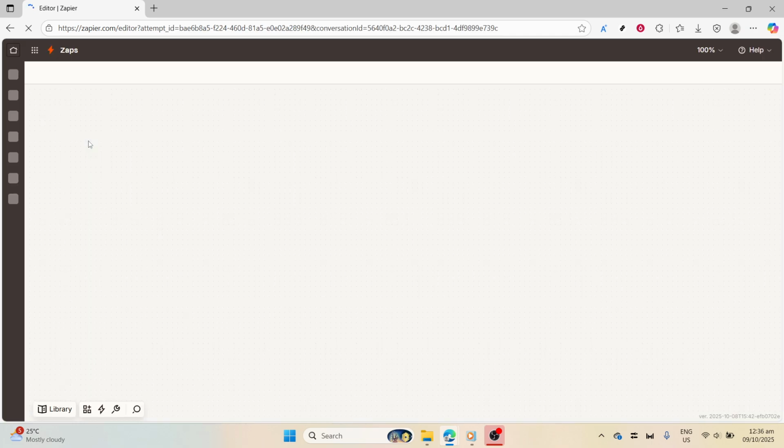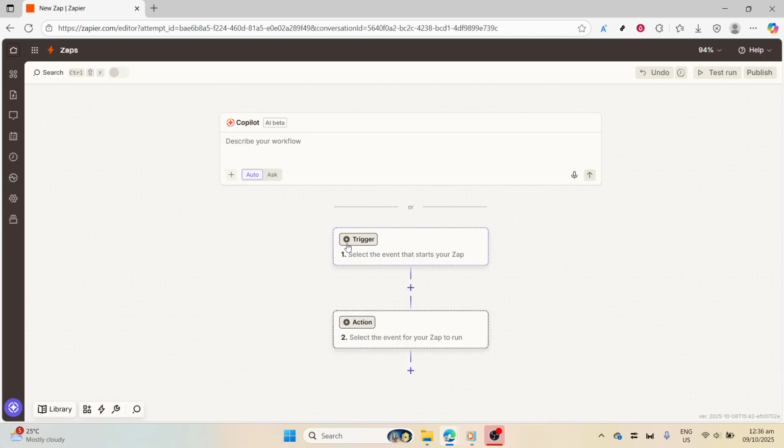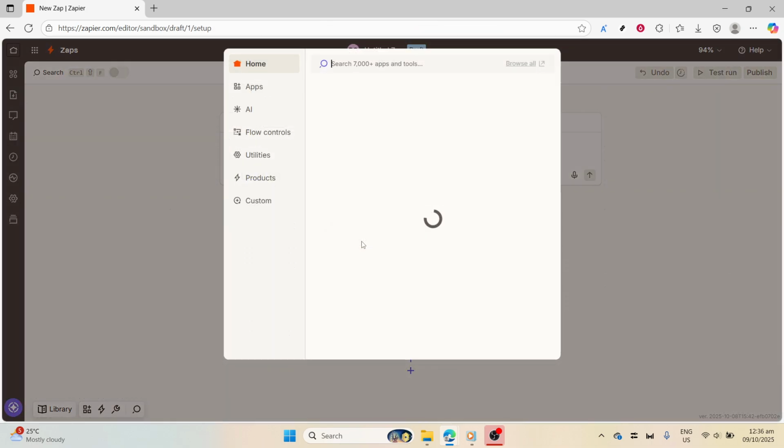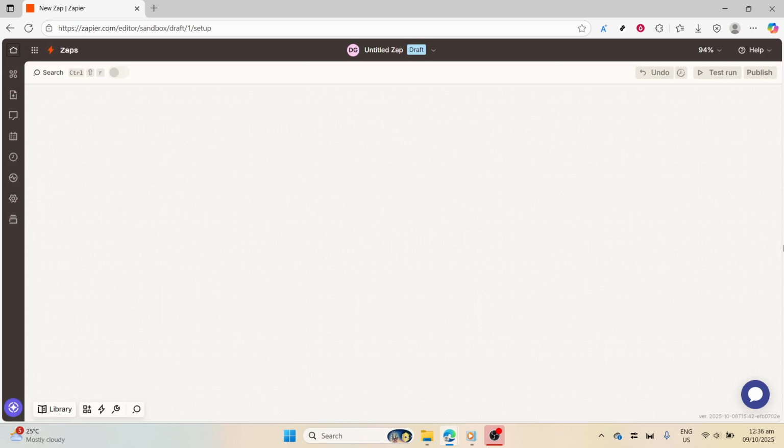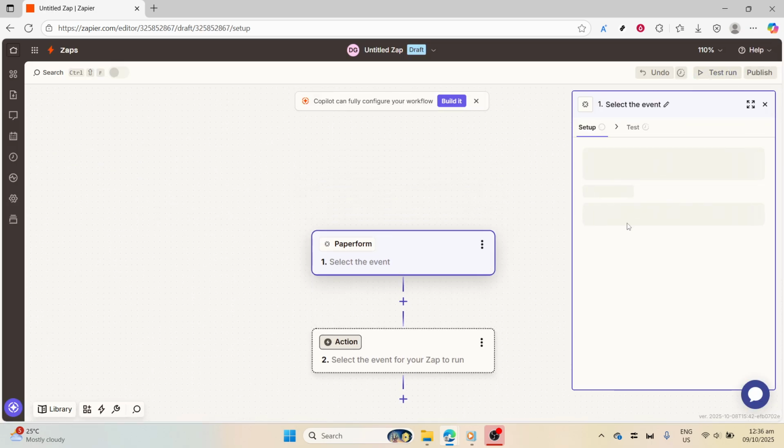Next, let's set up the trigger app. A trigger in Zapier is the event that starts your Zap. In this case, you'll want to select Paperform as the trigger app. Then you're going to choose New Form Submission as the trigger event. What this means is that every time there's a new form submission in Paperform, Zapier will kick off an action